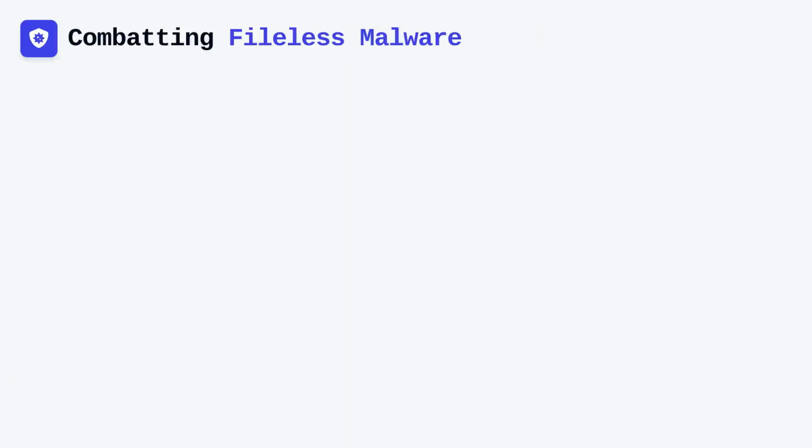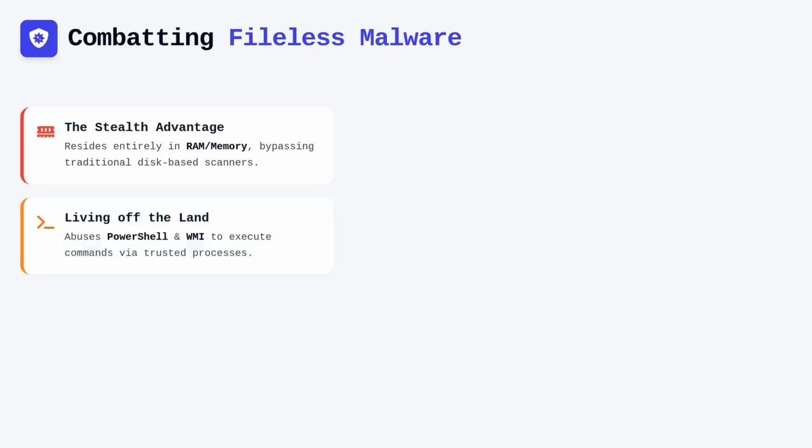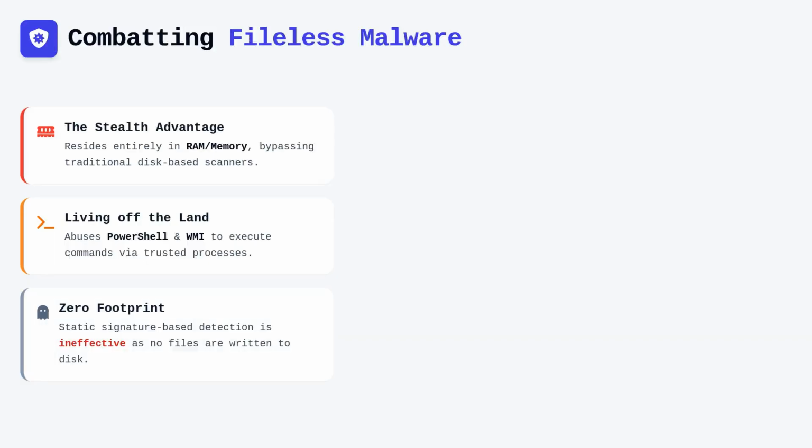Defenders must also be vigilant against fileless malware, which challenges traditional disk-based scanning tools by living entirely in memory or utilizing legitimate system administration utilities. By leveraging PowerShell scripts or Windows Management Instrumentation (WMI), an attacker can execute malicious commands in the context of trusted system processes. Because these scripts leave no conventional footprint on the hard drive, static signature-based detection becomes largely ineffective for